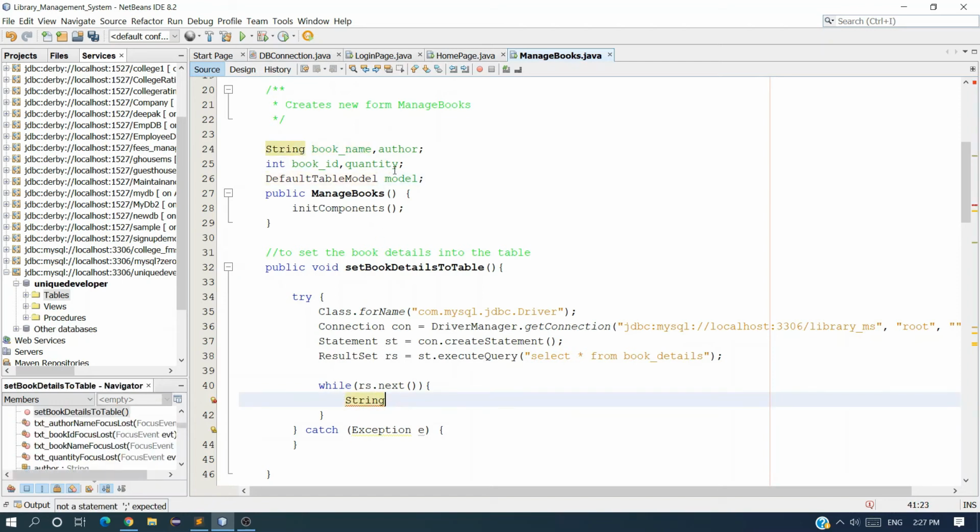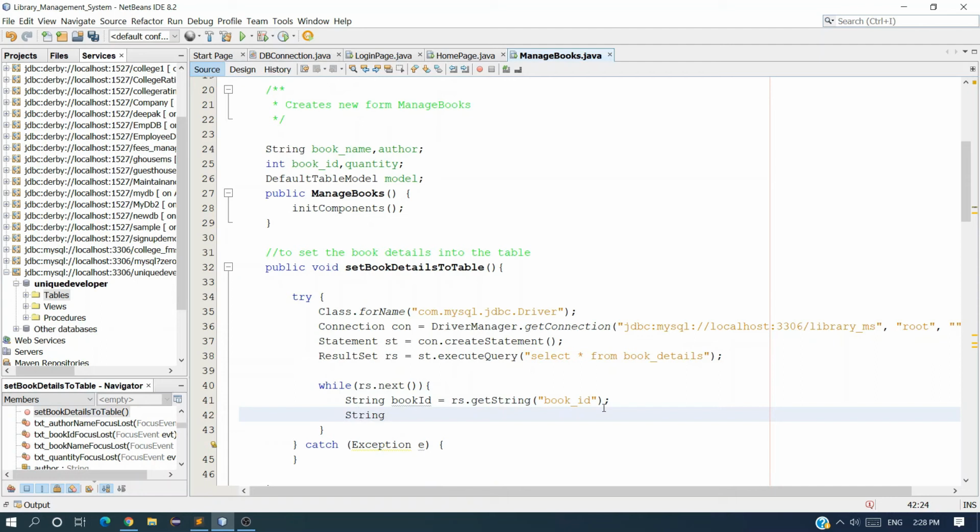So string book id is equal to rs.getString, fetch the values from the database and keep it inside this variable. So book_id, this name is our database column name.